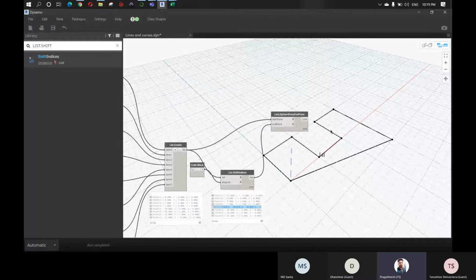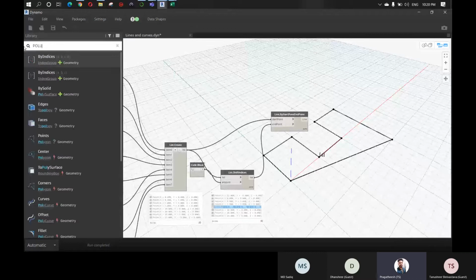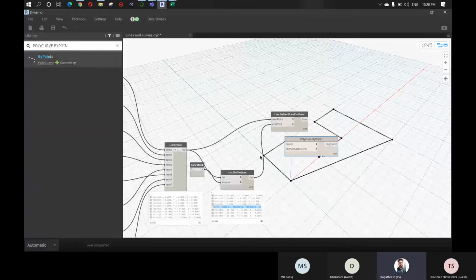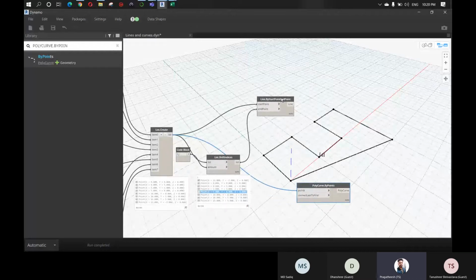So if you want to create a polycurve, that can also be done. PolyCurve.ByPoints. First you give the points, you can give the list here. I'll unpreview this one.